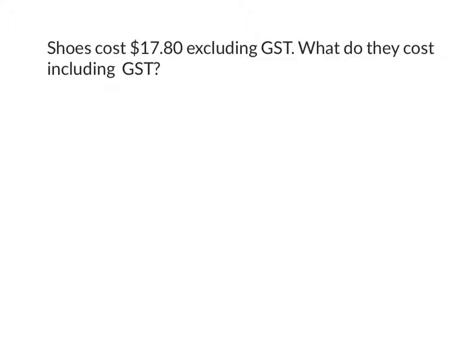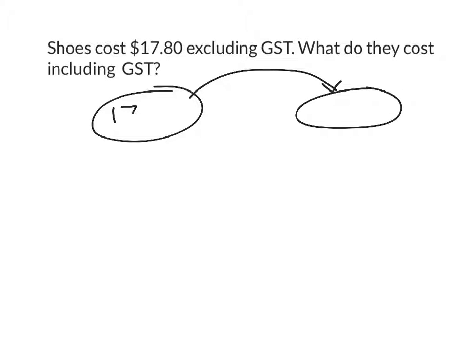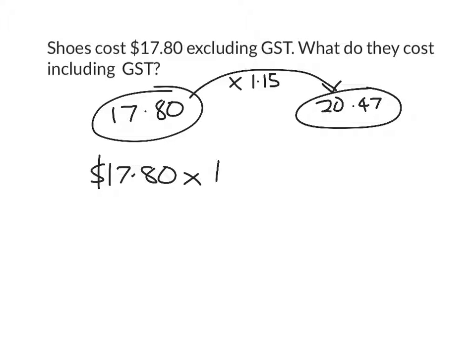Right, an easier problem now. Shoes cost $17.80 excluding GST. What do they cost including GST? Right, using my bubble diagram if I have to, here's $17.80. I'm putting on GST, so I'm increasing the price by 15%. And that's going to give me $20.47. The other way to do it, for when you're confident, is simply 1780 times 1.15 equals 2047, and we need to say that that's including